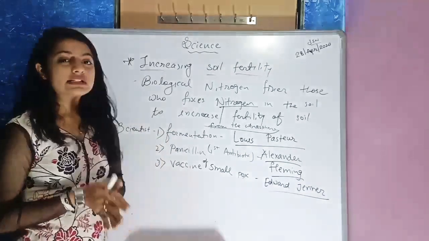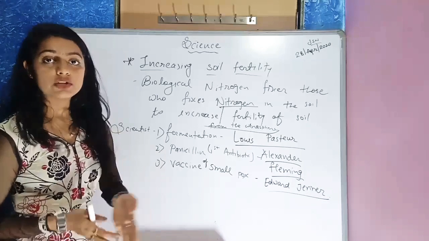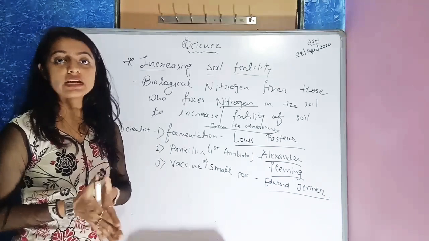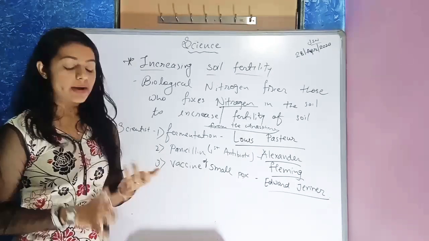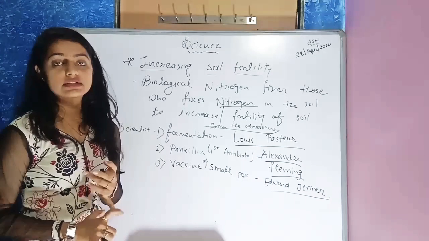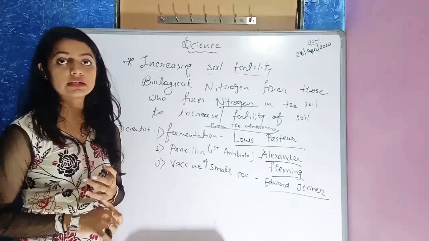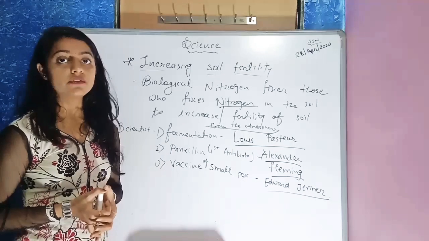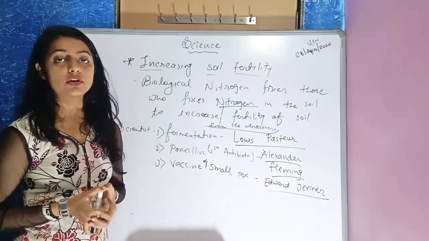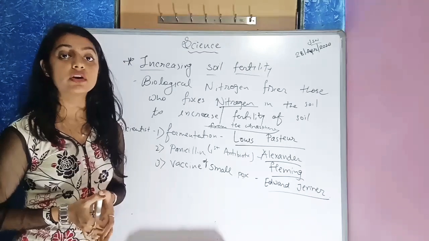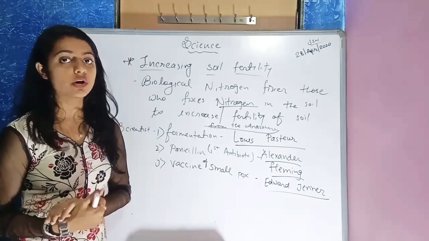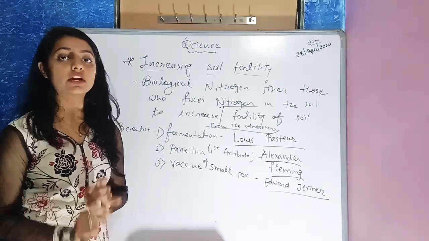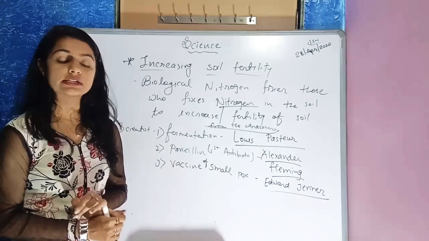And as the part of revision, let me remind you medicinal uses. We have seen medicinal uses means antibiotic which kill or stop the disease causing microorganism. Streptomycin, erythrocycline, tetracycline, erythromycin, these all are some example of antibiotic. But antibiotic only work whenever you are suffering from bacterial or fungal disease. Viral disease में work नहीं करेगा. Antibiotic means bacterial and fungal disease which kill or stop the disease causing microbes.